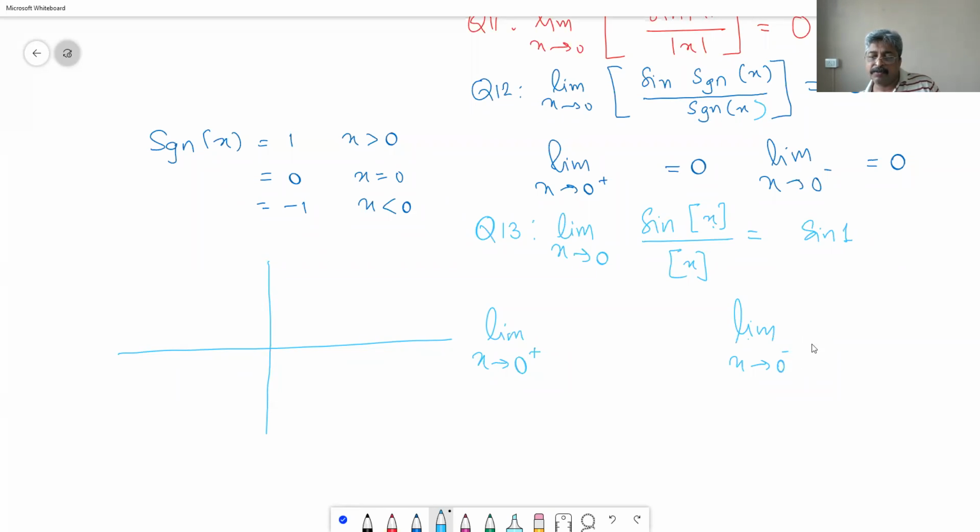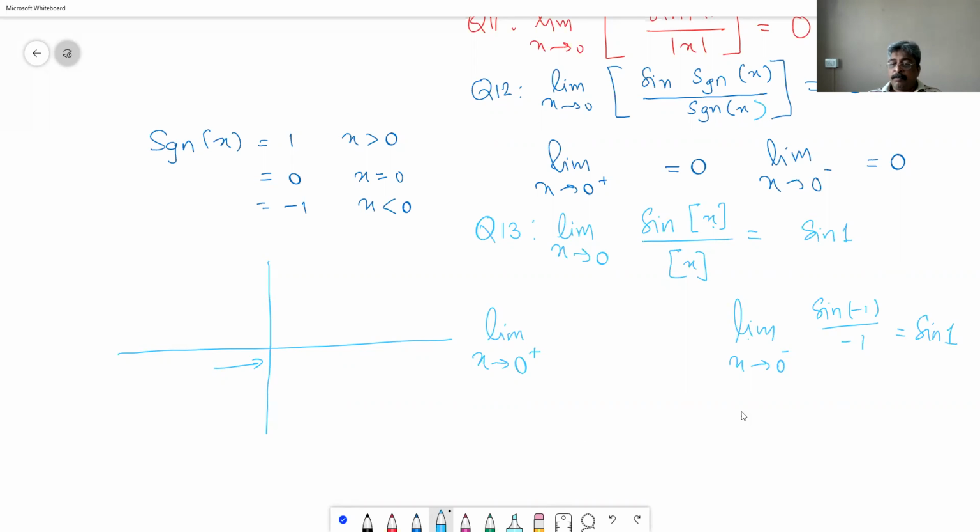So practically, as you tend to 0 from the negative side, your function is sine of minus 1 upon minus 1. This is the function that you are dealing with when you are approaching 0 from this side, right? And if this is your function, then it is independent of x, therefore the value of this function is sine 1,